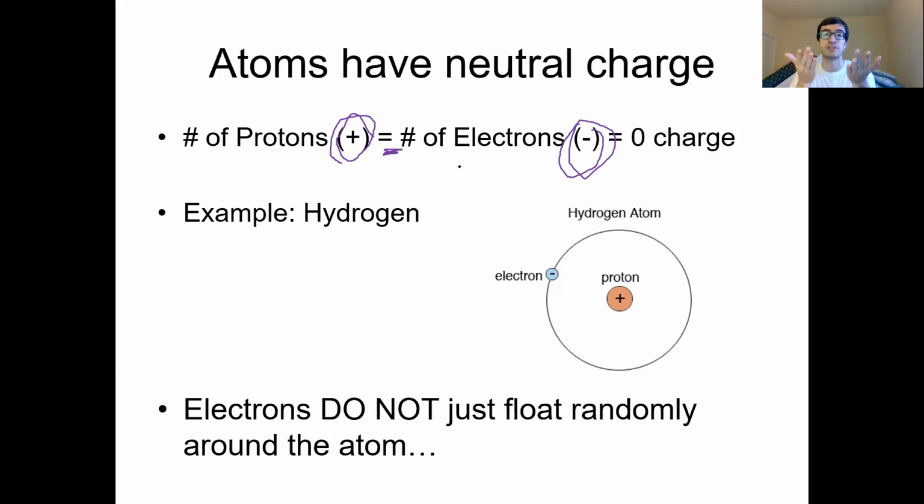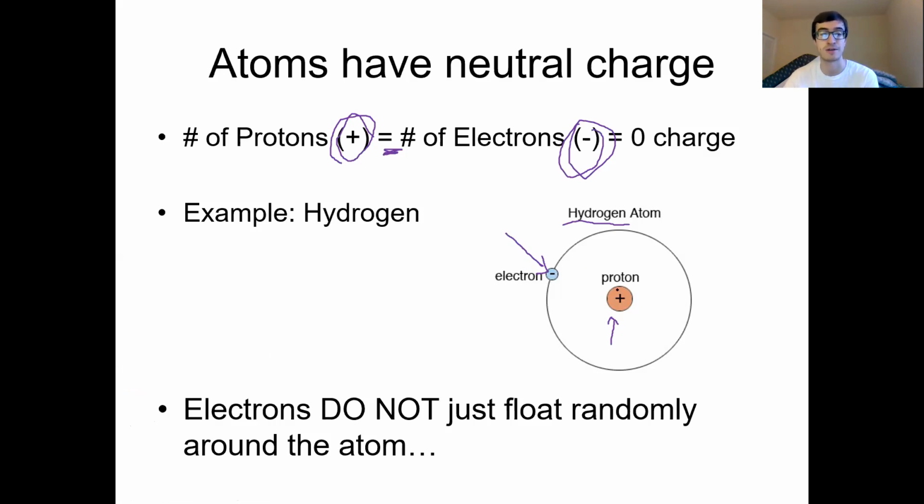They have to balance each other out to have a zero charge. So however many protons we have in the nucleus, we have to have that many electrons floating around on the outside. Like hydrogen, for example, here has one proton in the nucleus, so it has to have one electron